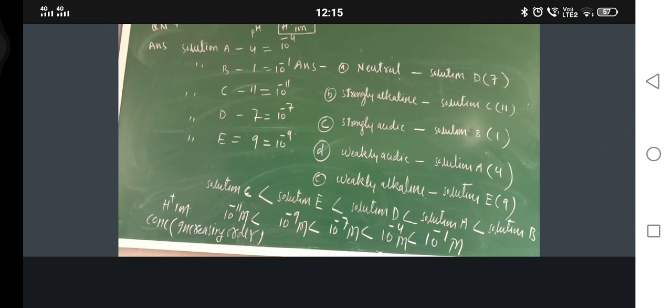So now questions number 10, 11, 12, 13, 14 and 15 are left. Question number 10: equal lengths of magnesium ribbon are taken in test tubes A and B. Hydrochloric acid HCl is added to test tube A while acetic acid is added to test tube B. The amount and concentration taken for both acids are the same. In which test tube will the fizzing occur more vigorously and why?